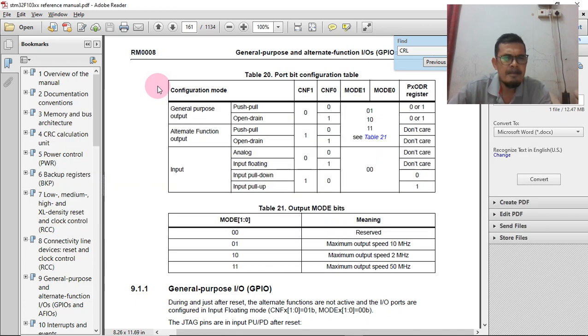Wait. Okay, let's look for it. APB2 enable register. Okay, next.